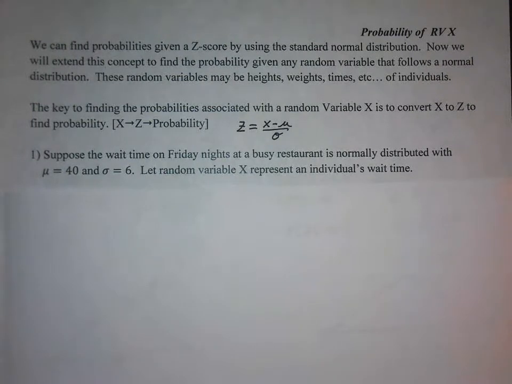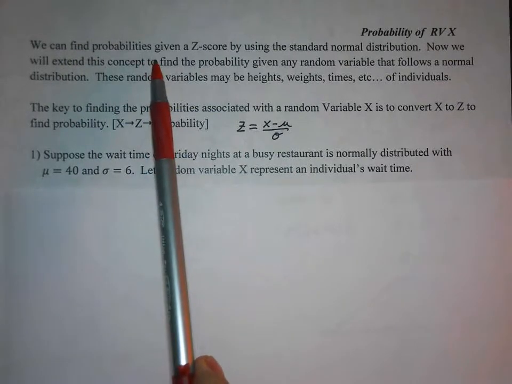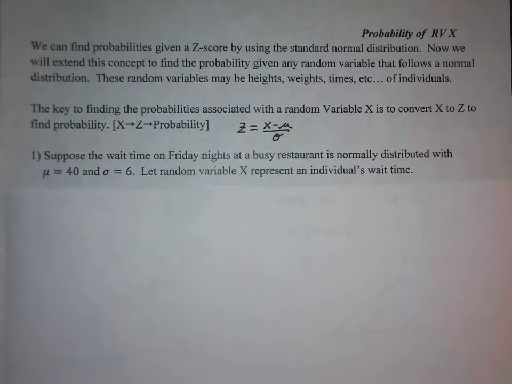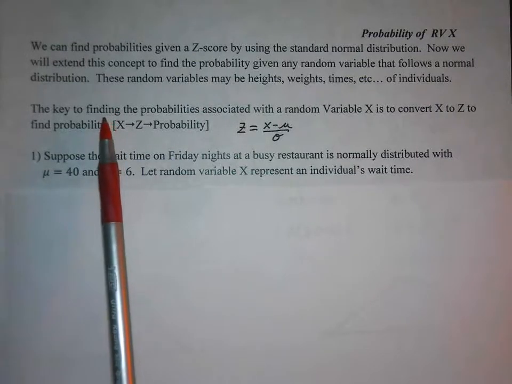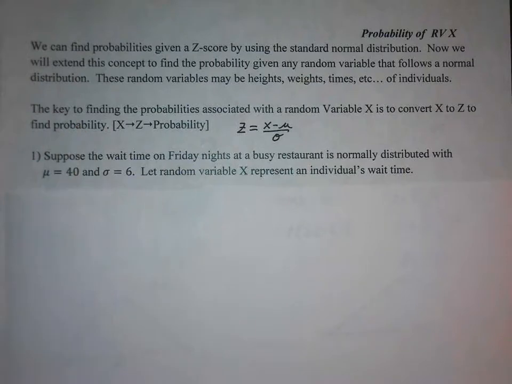We're going to find the probability of a random variable x. We can find probabilities given a z-score by using the standard normal distribution. Now we'll extend this concept to find the probability given any random variable that follows a normal distribution. So these random variables may be heights, weights, times, etc. of individuals. The key to finding the probabilities associated with the random variable x is to convert x to z